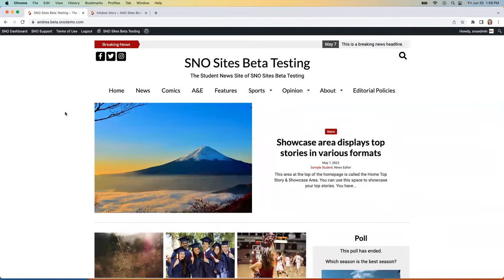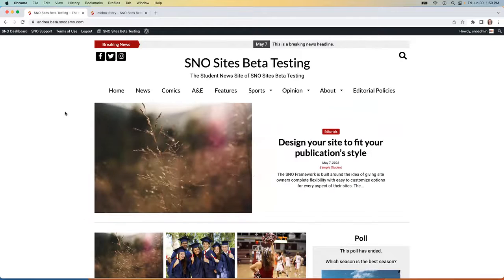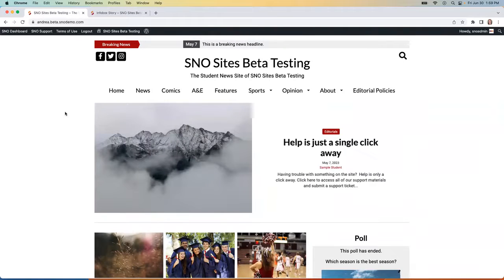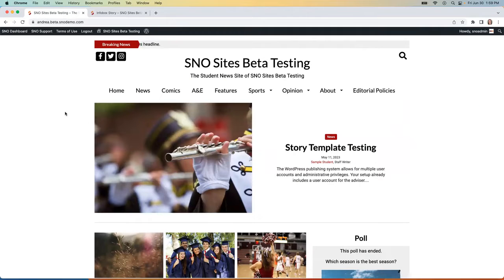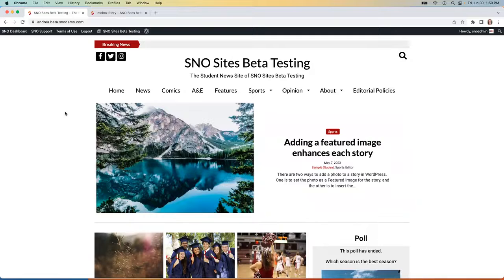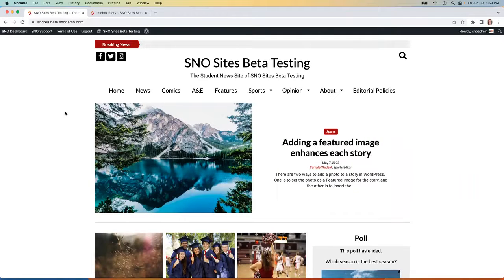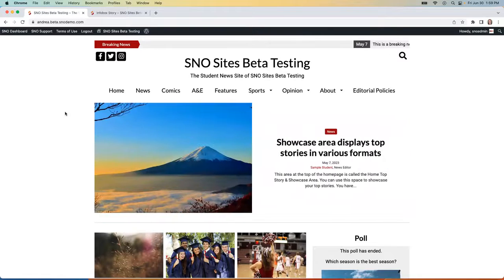In this video, we'll be going over how you can create and place info boxes into stories on your website. Info boxes are separate content boxes that are designed to be placed within your stories, and they're comprised of different sections called segments that your visitors to your site can view or toggle between to view the content within the